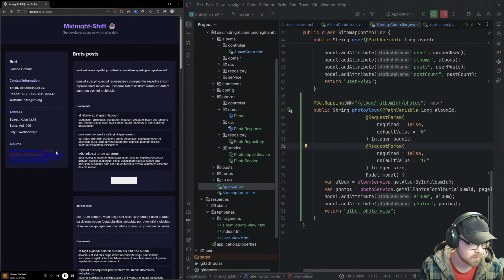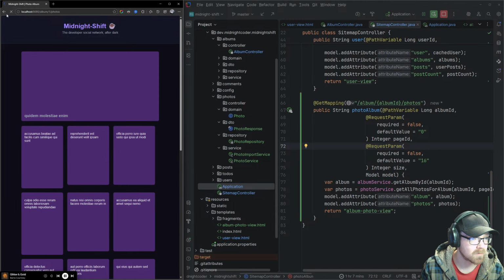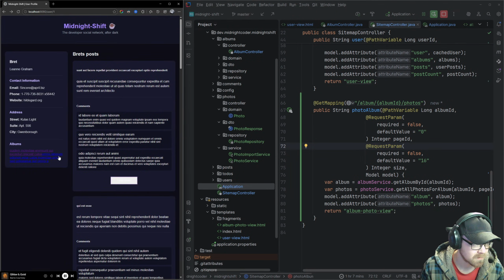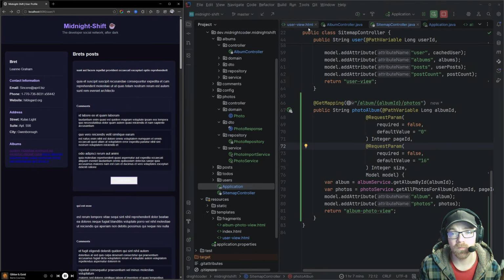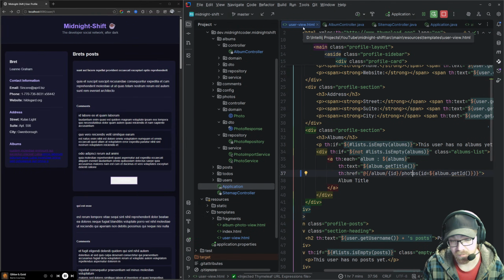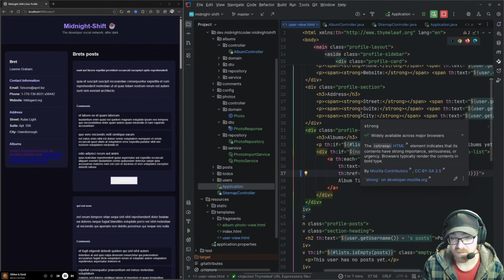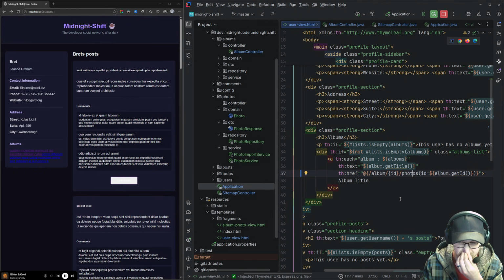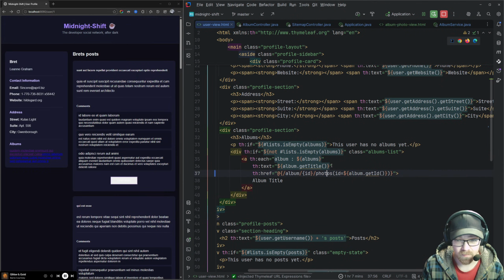So now if we, interestingly enough, why are those not broken up into, is that just one continuously long string? Oh. Okay. So let me go back to my user view because that needs to get fixed. So albums, album views. If for each album, I'm making it just an anchor link.